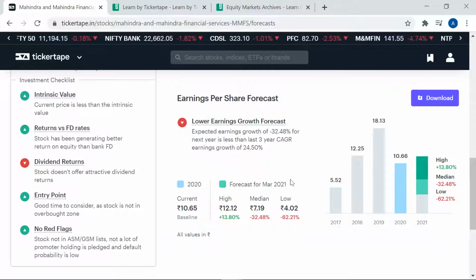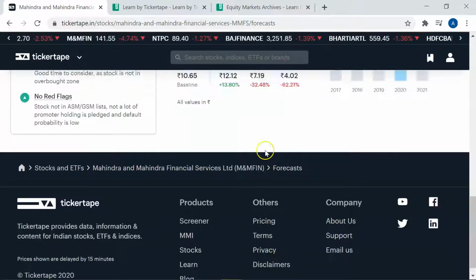Even in the earnings per share forecast, as in the 3 cases mentioned above, again 3 probabilities are predicted. So what I suggest is, any investor or trader, you need not take the pro membership, because there is no use, because they are giving 3 probabilities for any stock, not only this stock.